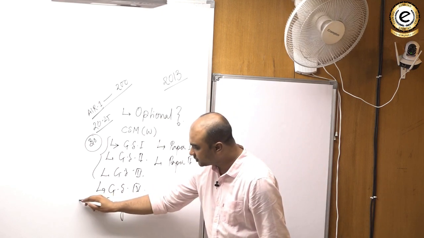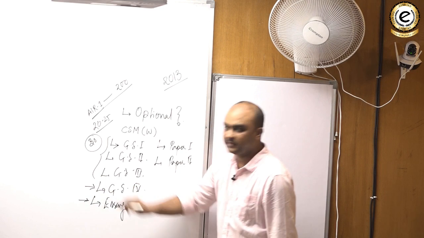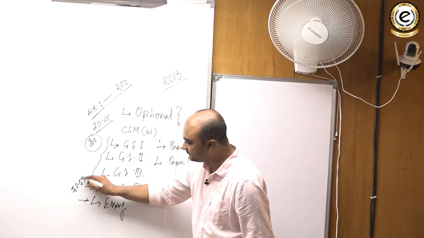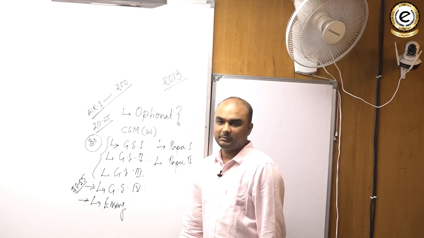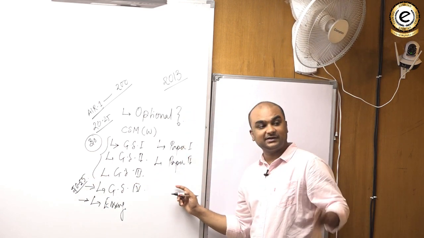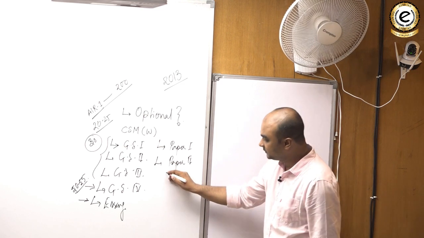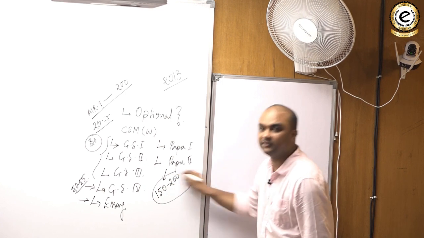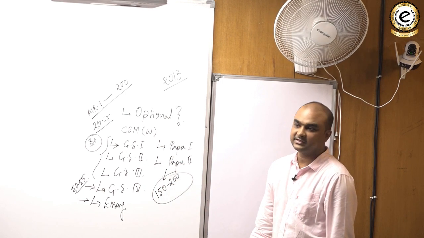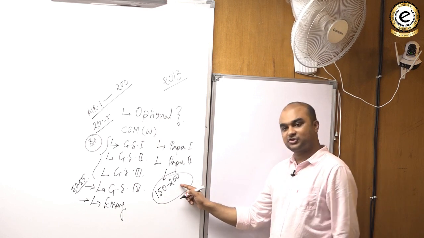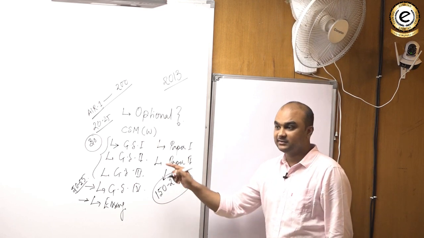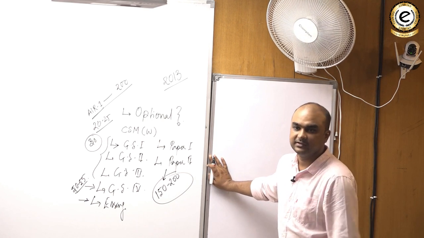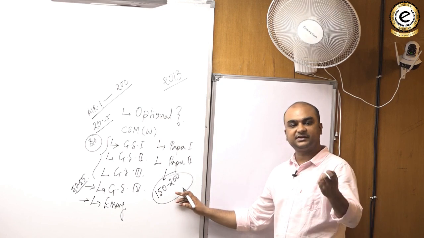Whereas when it comes to the essay and the ethics paper, this goes as high as 50 to 55. But when you look at the difference that optional is creating, you will see that it goes as much as 150 to 200. And you can understand that your optional choice therefore determines the probability of success that you will have in the examination. Choosing the optional therefore becomes very critical.